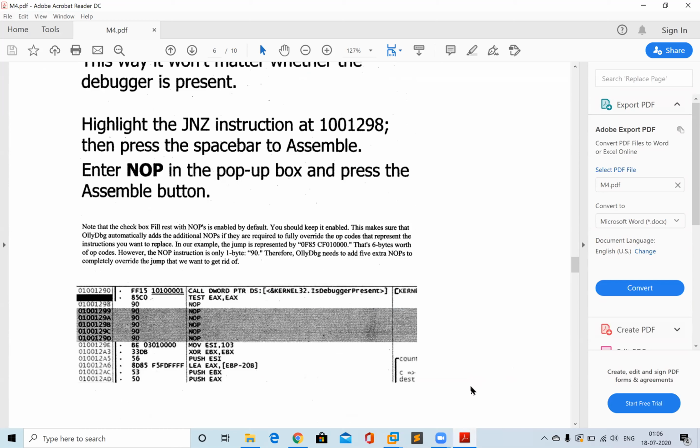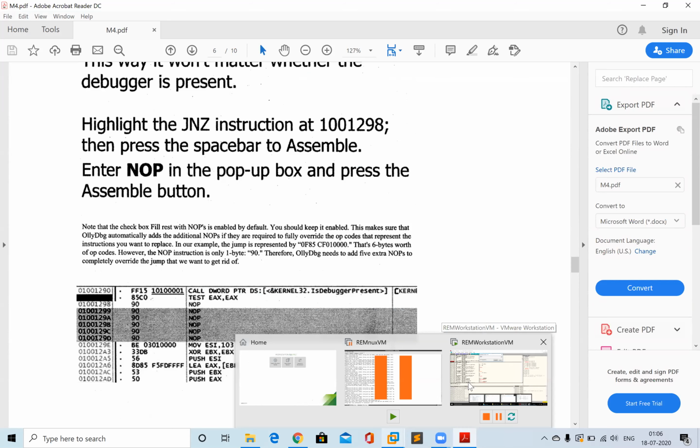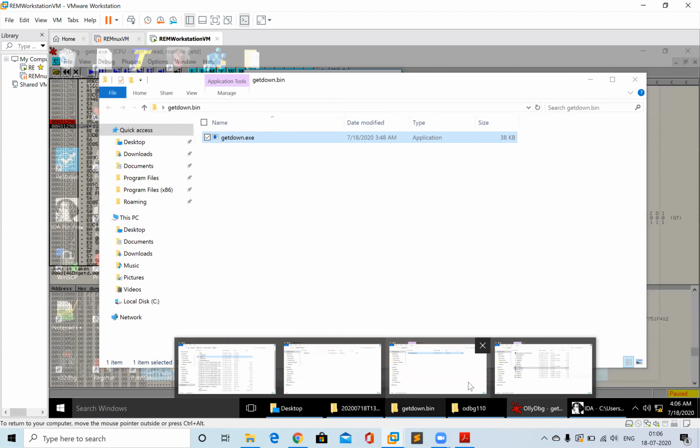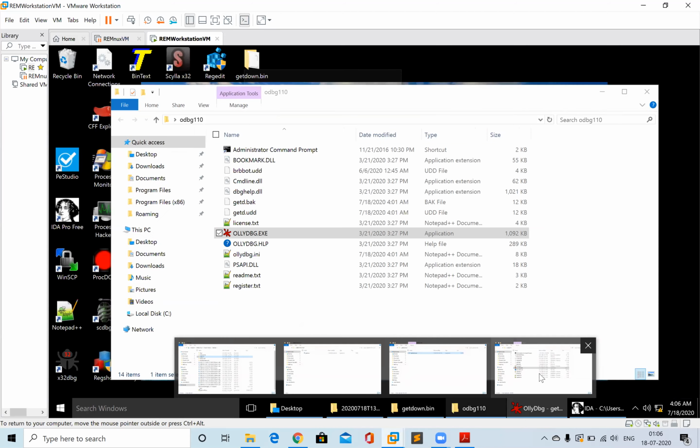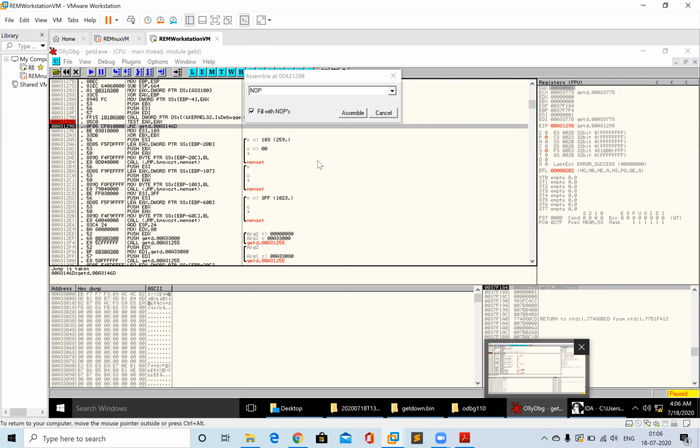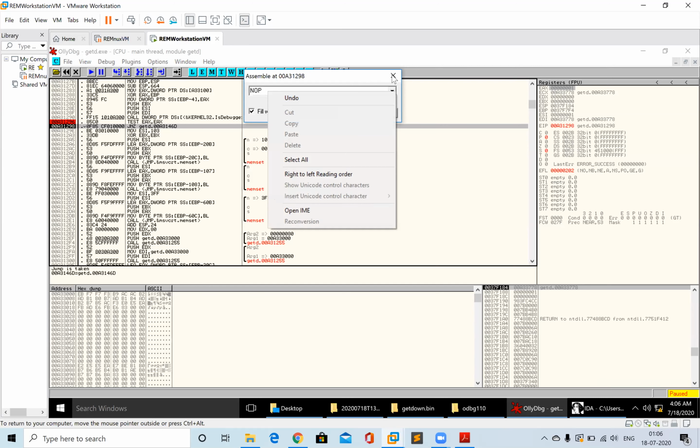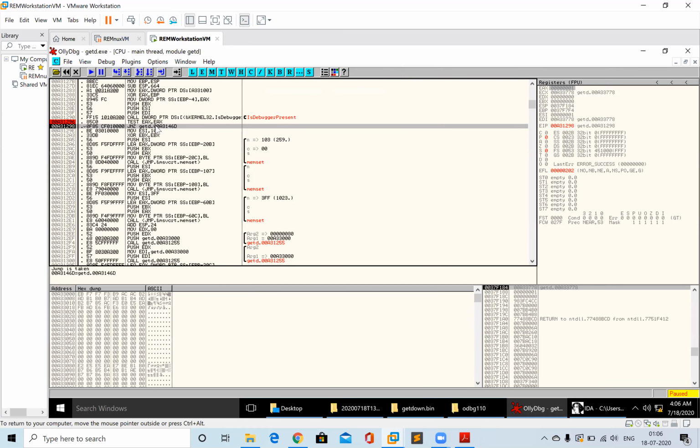The nop instruction utilizes only 1 byte, but this jump not zero instruction is actually utilizing 6 bytes. So we will always check this window, fill with nops, and let's see if I can do that rightly if I just press space and fill with nops.